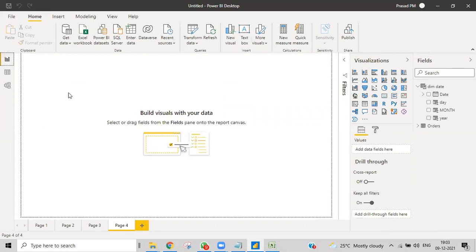Okay, so just leave that relation part right now. Right now we'll do something else. I want to show the instance time. The instance time is whenever we just refresh or whenever we open, then we'll get the time.